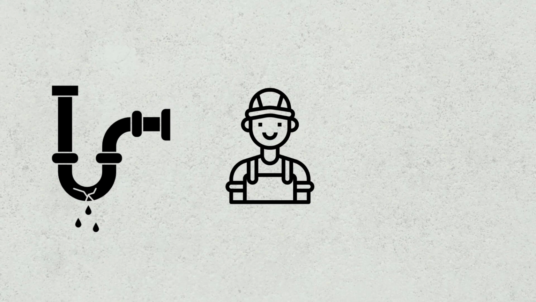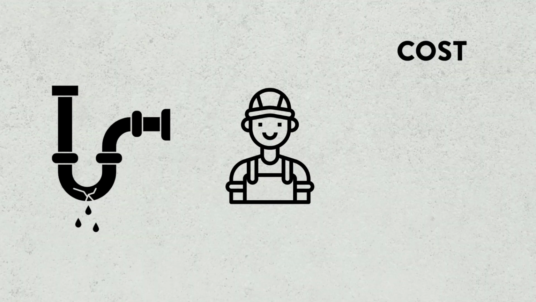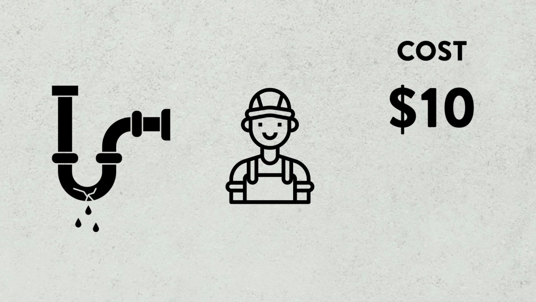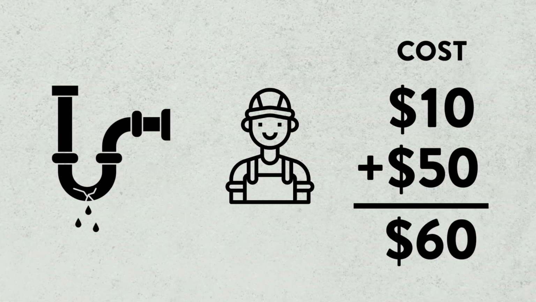So an example that I like to think about when I'm thinking about value is to imagine you have a really big problem. Like for example, a water pipe is leaking in your house. If you think about the plumber, the cost to fix that for him is probably really small. Like the materials are probably really cheap. Maybe piping is less than 10 bucks or something like that. And then say he charges an hourly rate, like $50 an hour or something like that. As a homeowner, I would gladly pay more than 60 bucks to have that fixed.